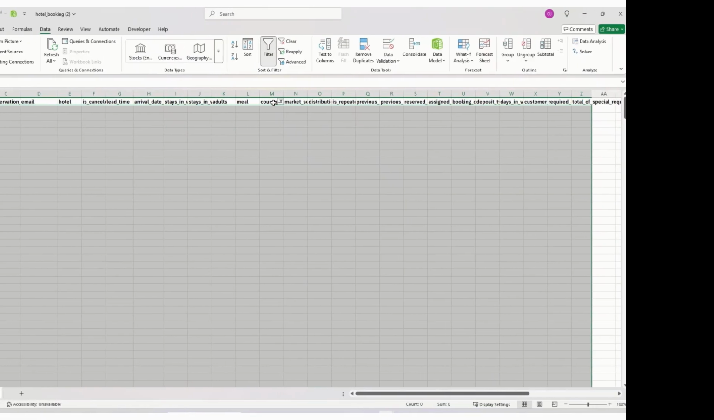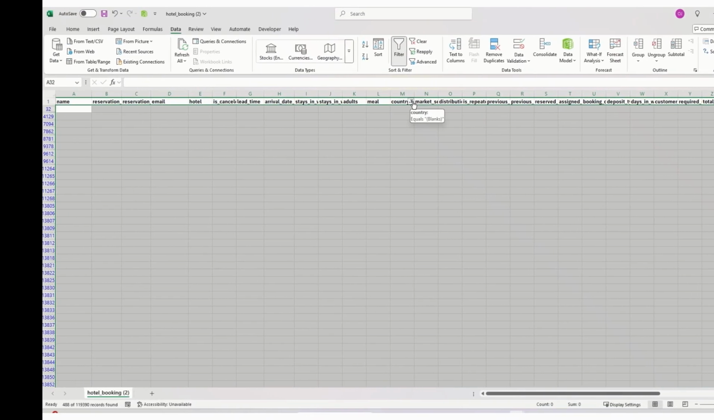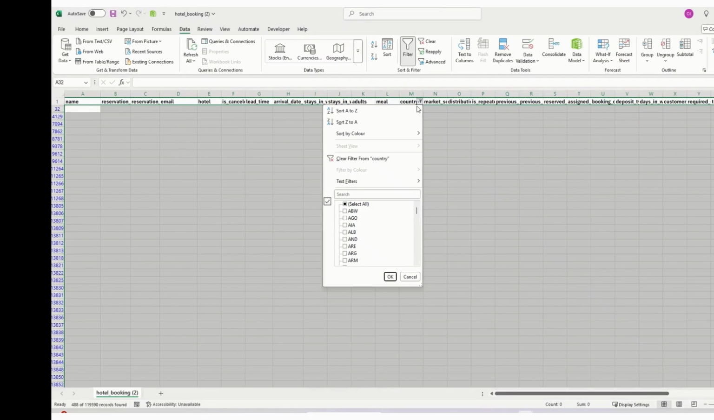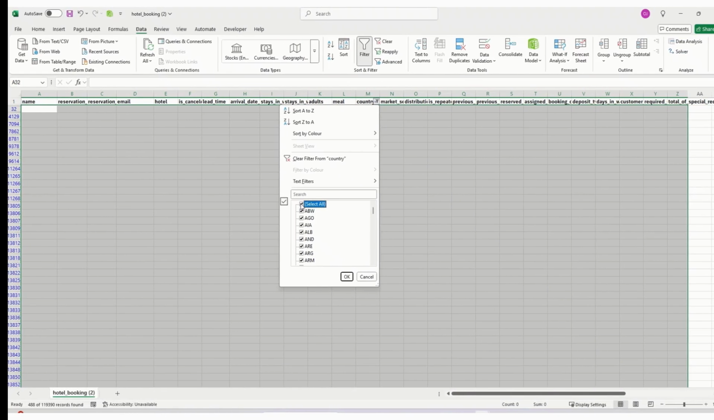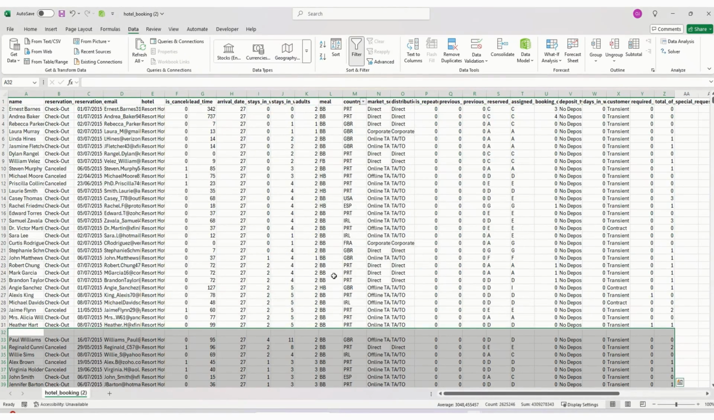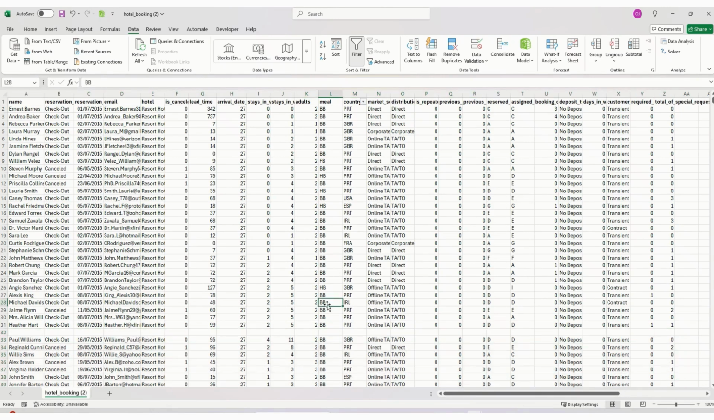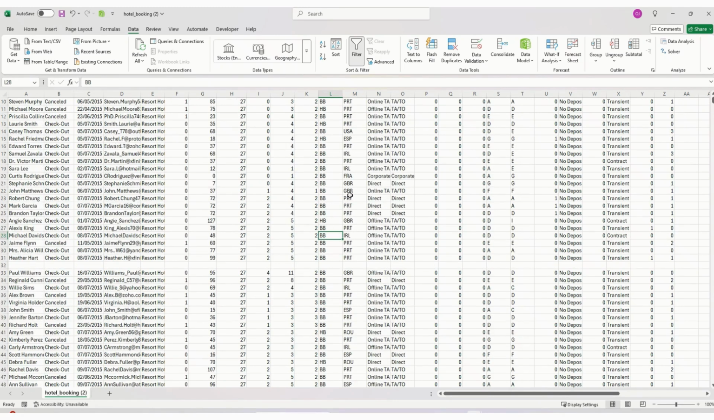Now let's go back to the country status, right? We click on it and we select everything back and we press OK. Voila. So we have the data set. Now we could be almost rest assured that everyone here seems to have their country status